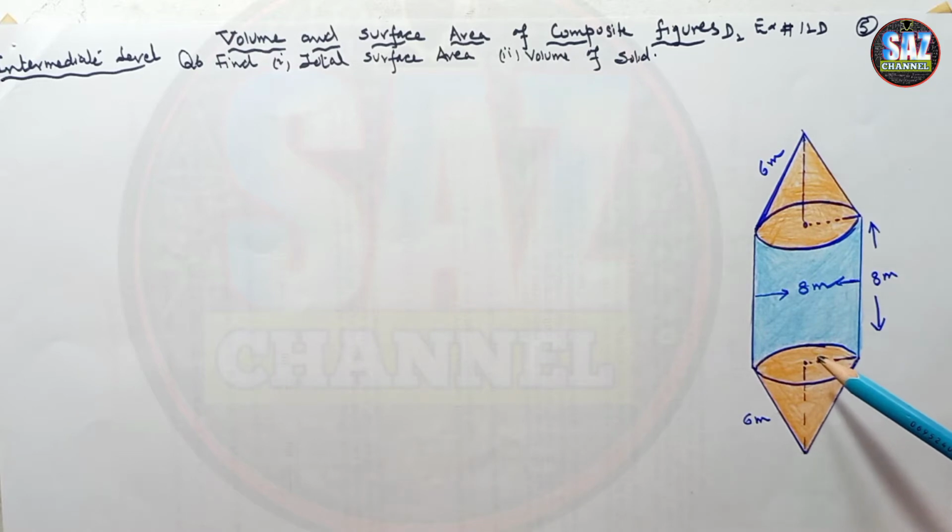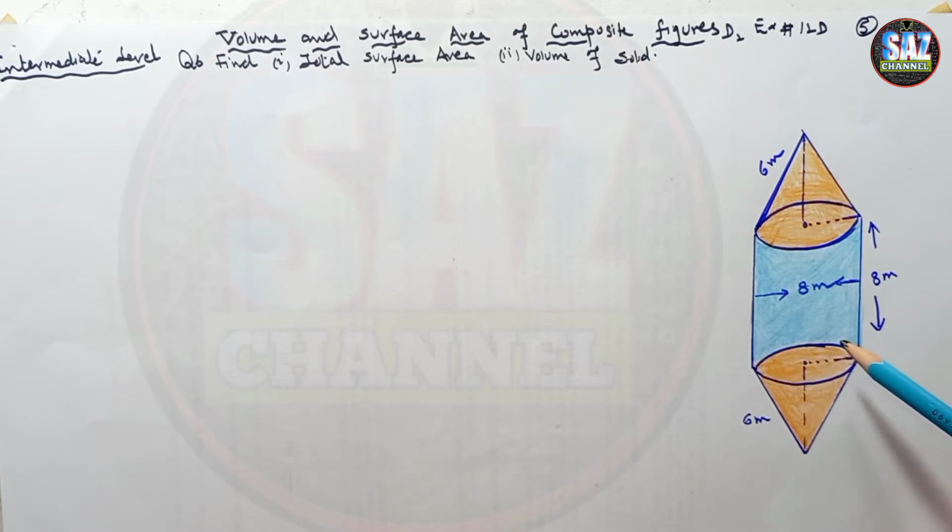So how to find the volume and surface area of such composite figures is important to understand, because this concept is really important not only for D2 students but also for my students who are going to appear in their O-level examination. So all these students should watch these lessons carefully, so that before the exam they can clear their concepts properly.